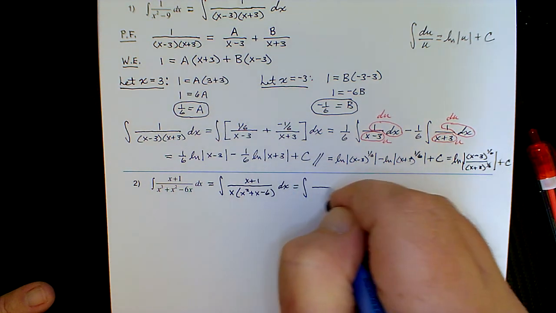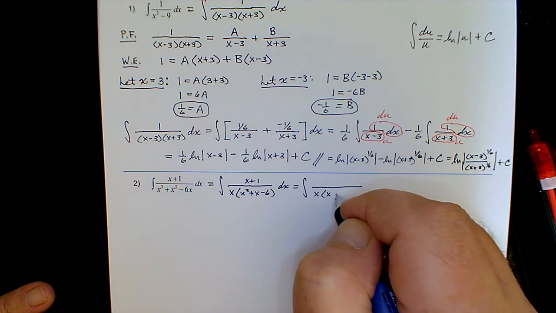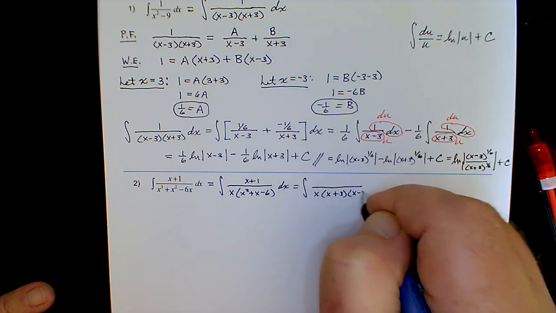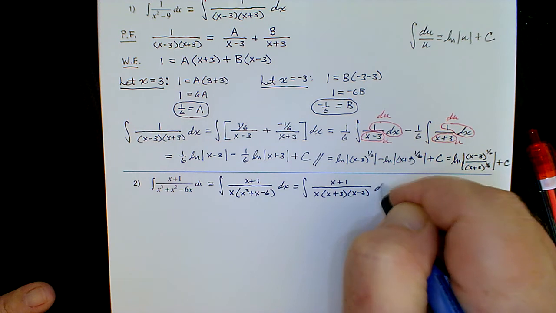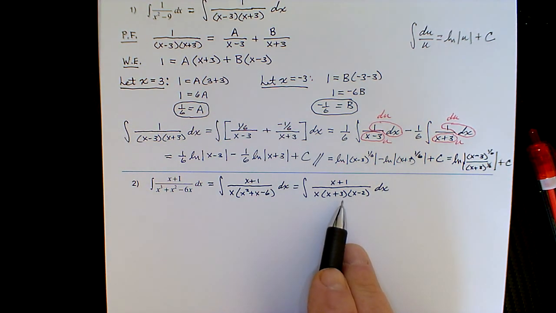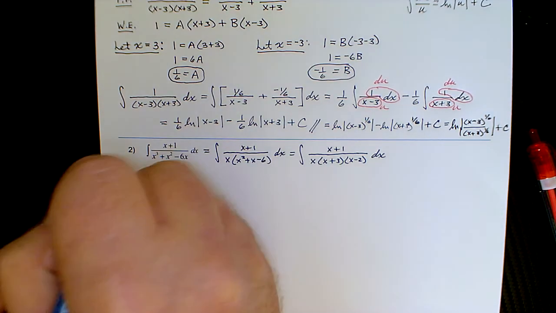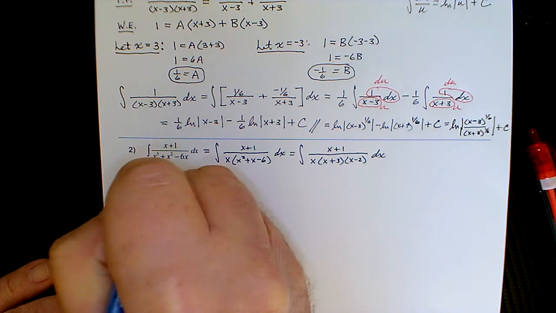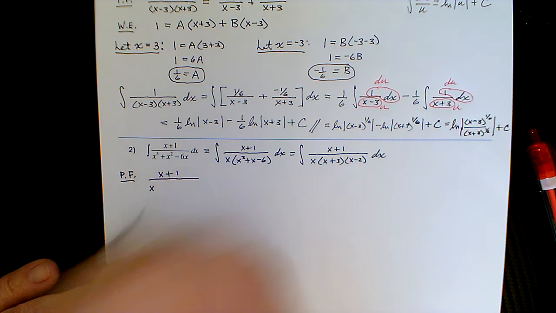Factor further if we can. And we can. This quadratic factors as x plus 3 and x minus 2. We have the x plus 1 in the numerator. Okay, so that's the correct factorization. And we start with the partial fraction decomposition. So take out the integrand, x plus 1 over x